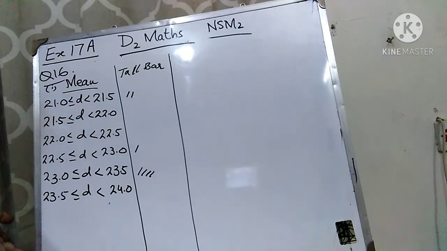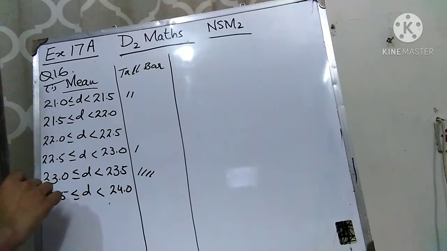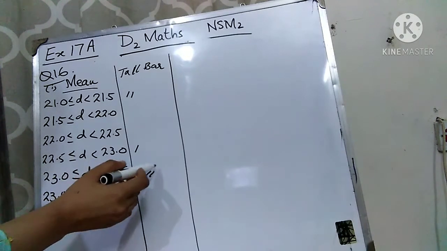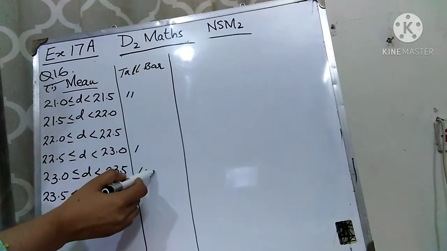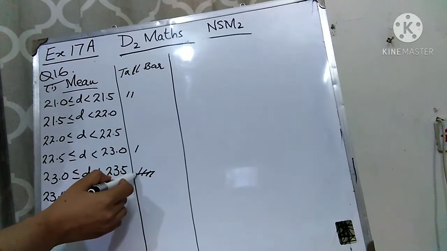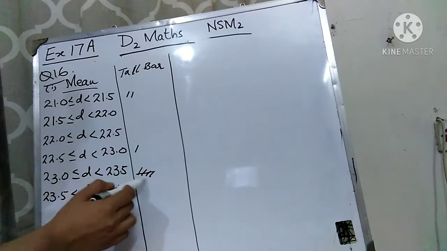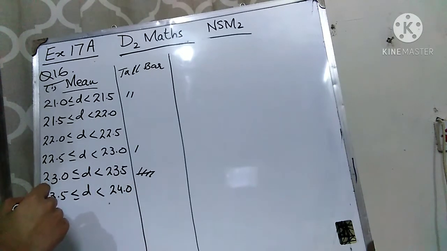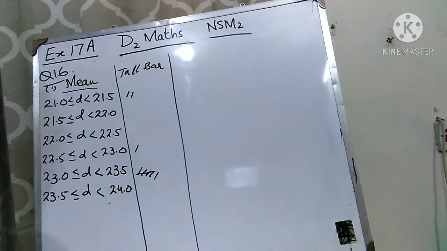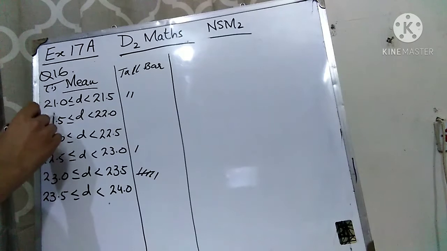Alright. And 23.2. And again 23.2 will lie over here. This is 23.0. Now students, remember that whenever there is a frequency of 4, you can draw the fifth one like this. You have to cut like this, and this whole tally shows that these are 5. Okay, this is 23.2 lying over here. Then again 23.2, and then 21.3. 21.3 will lie over here.